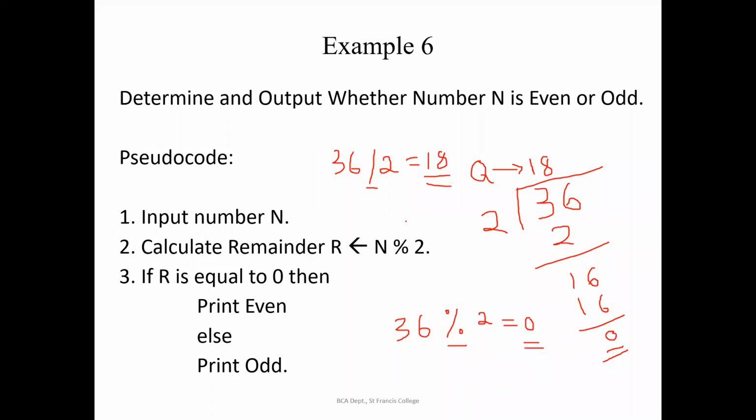Understood? So depending upon the operator used, the same numbers will be giving you different answers. If I am dividing 36 by 2, I will be getting the quotient. If I am finding the mod of 36 by 2, I will be getting the remainder. Remainder we will be getting at the end, right? After complete division, if it is completely divisible, I'll be getting remainder as 0. So for all the even numbers, the remainder will be 0. So we can use this as a method for checking whether the remainder is 0.